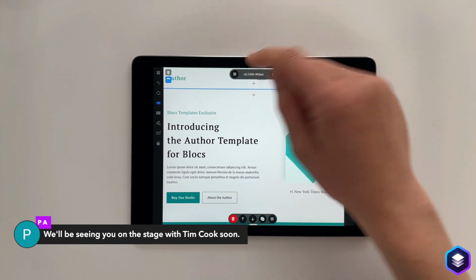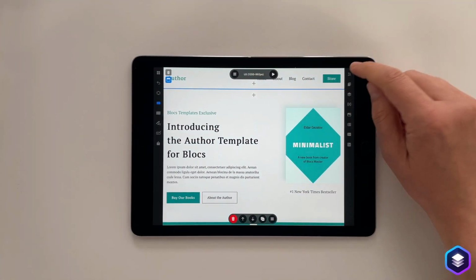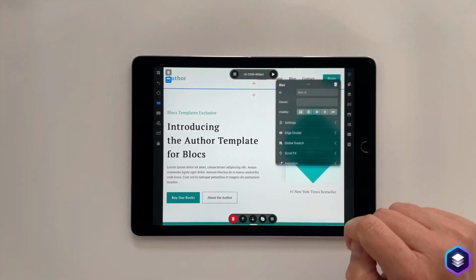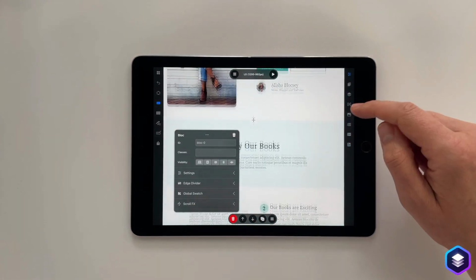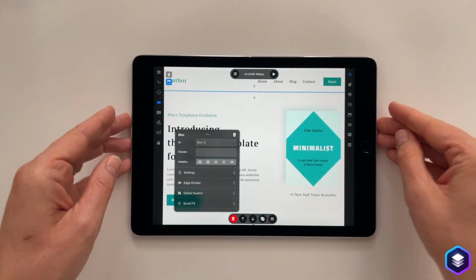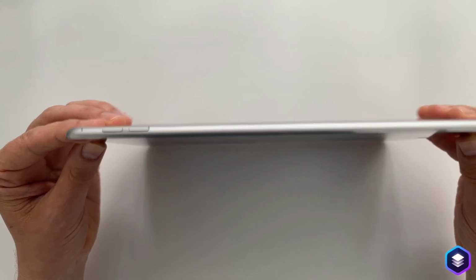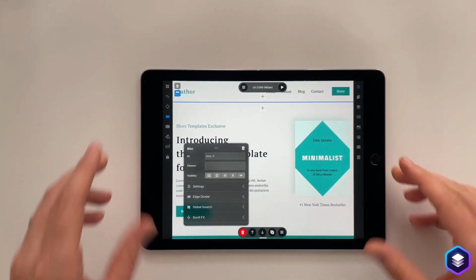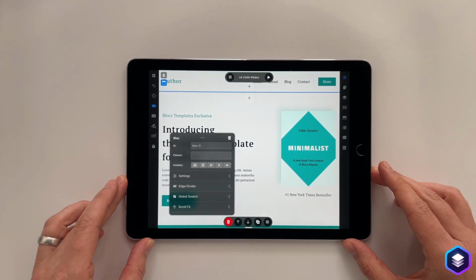And we get all of the same controls. Obviously, the interface is a bit smaller, but because of all the flexibility that we have on the interface, you've got to consider that this device is tiny. It's running Blocks, which is currently running on desktop computers.